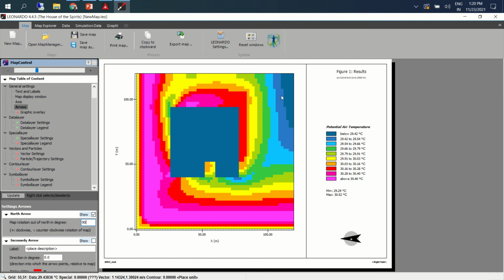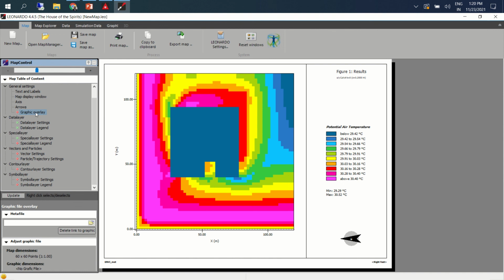We don't like that statement, but it is necessary because the results have to be read with reference to a specific orientation. It's important actually. We also have something called graphic overlay, and if you have buildings traced here, that can be overlaid and shown. That's also possible.